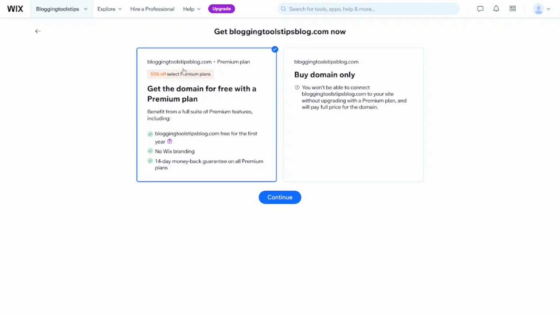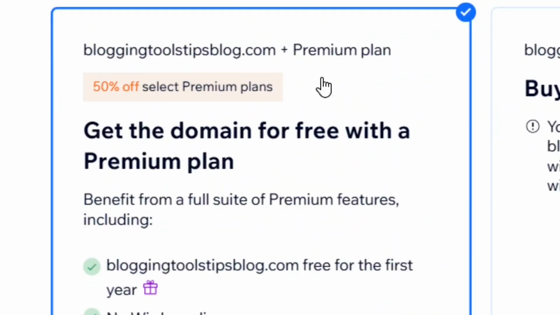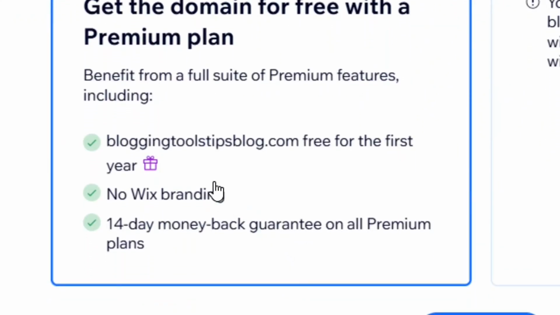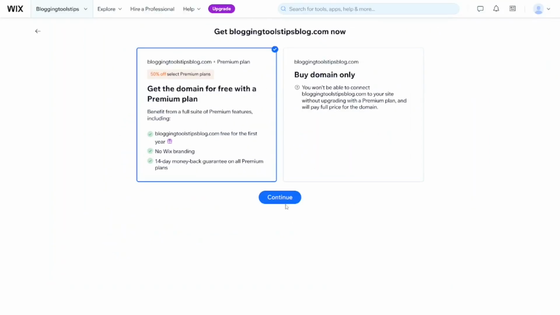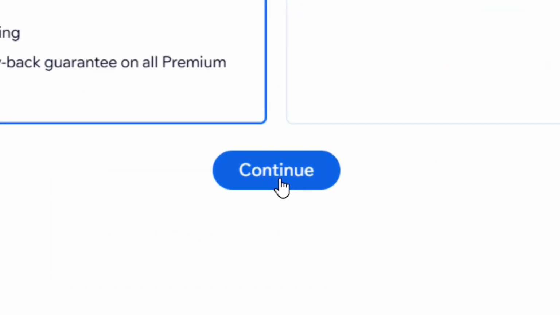Okay, so it will bring you right here, and from here you can get your .com domain for totally free. But for you to get it for totally free, you have to sign up for one of their premium plans. Okay, so as you can see from here, you can get it for a whole 1 year for totally free. Okay, without any Webs branding or logo. You are not going to get the Webs logo there, so simply click on continue,